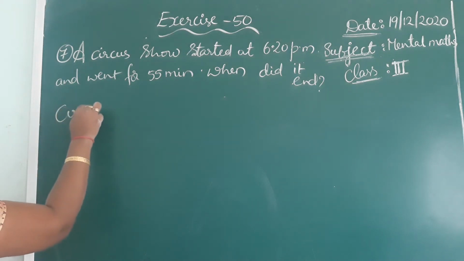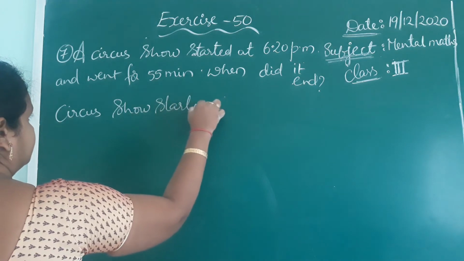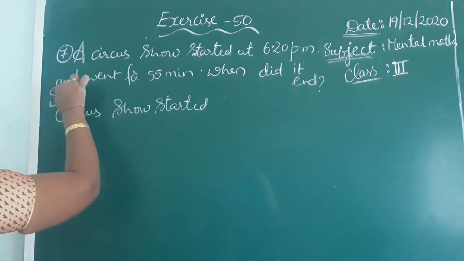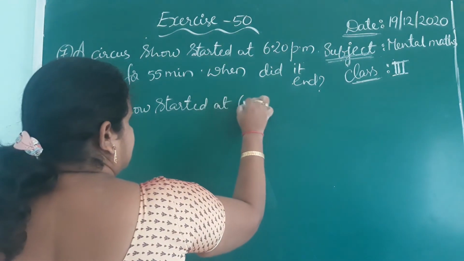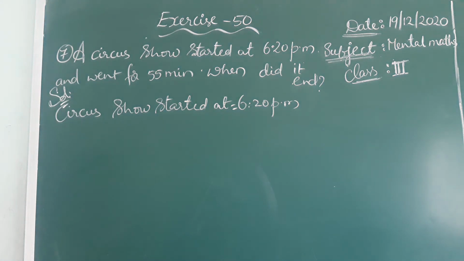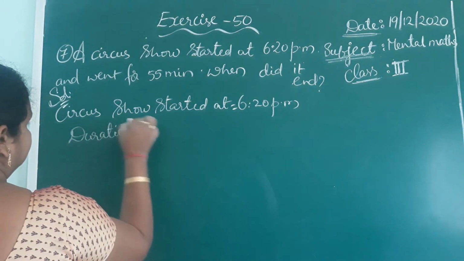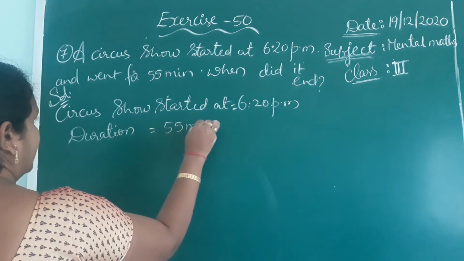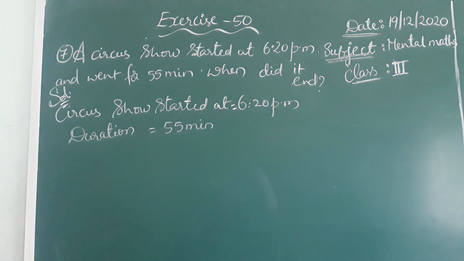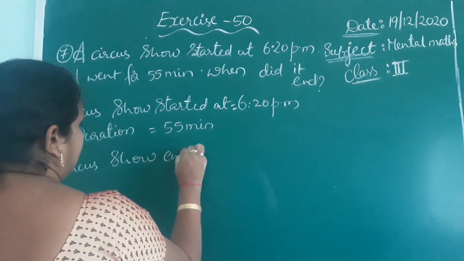The circus show started at 6:20 p.m. and it went for 55 minutes. What is the duration of the circus? 55 minutes. What is the duration of time? 55 minutes. So by what time did it end? So the circus show ended at